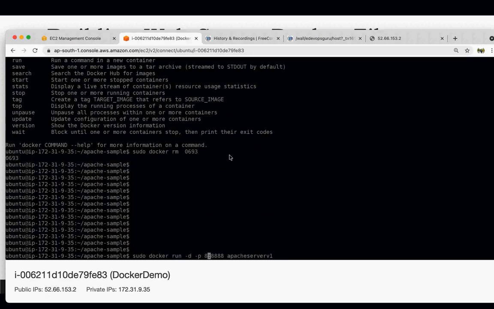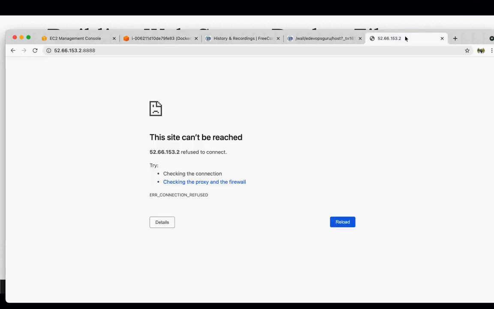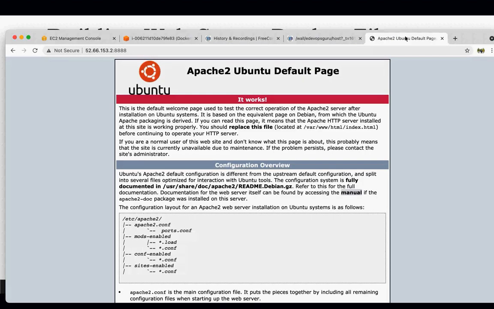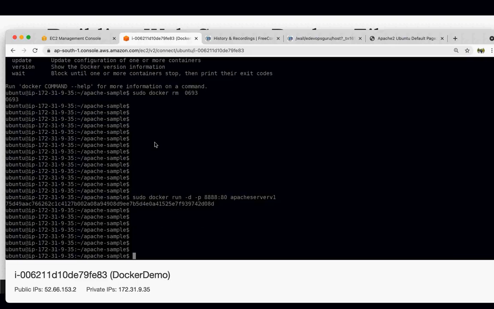So I think it is in this format. Okay, now let's try to connect to it. See here, now you can access Apache Tomcat. Apache Tomcat runs on port 80, but we are able to access it using port 8888. Okay, so this is how you can run a container using a Dockerfile.